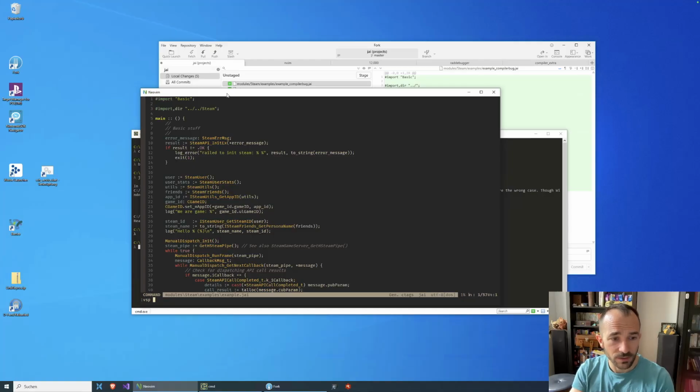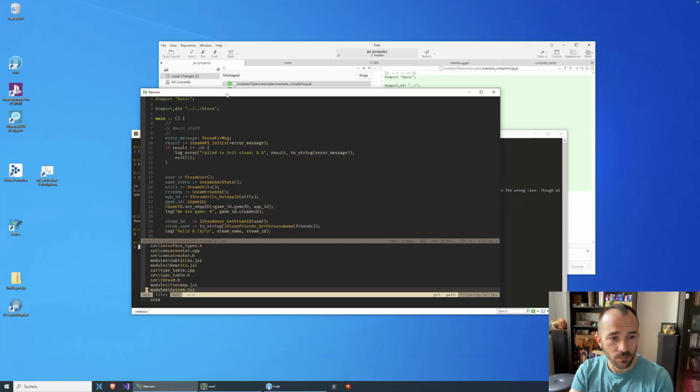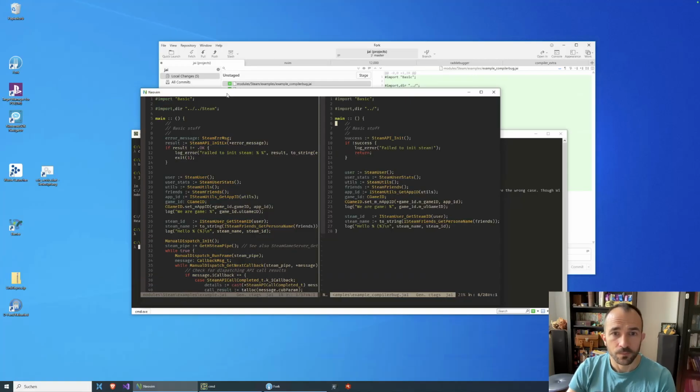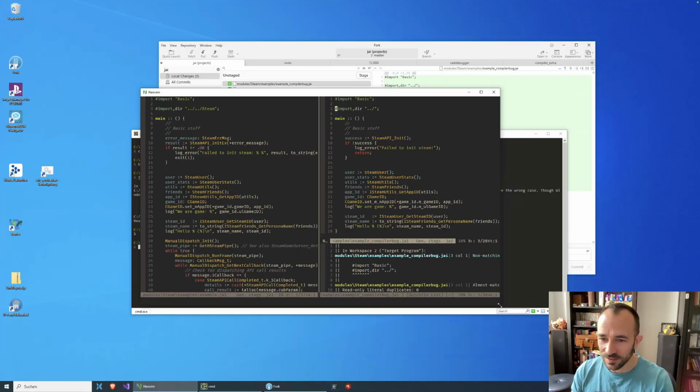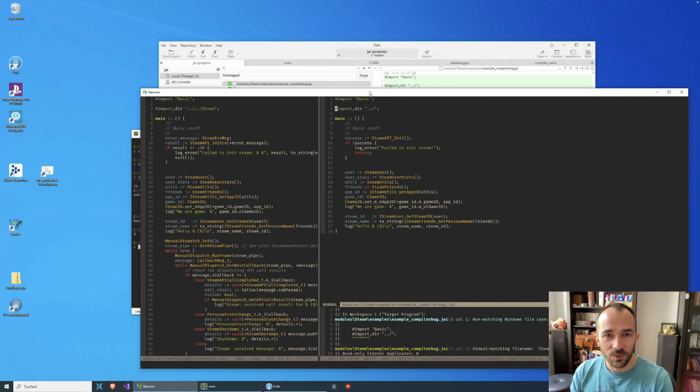But actually, I wanted to do this, but then we get the error about non-matching Windows file cases for this import. If you do it like this, it's fine. So I think that might be an easy one to fix, almost matching file names. Maybe that's a good start into the day since I'm a bit tired. We're starting compiler work.